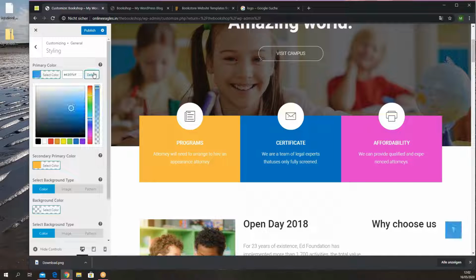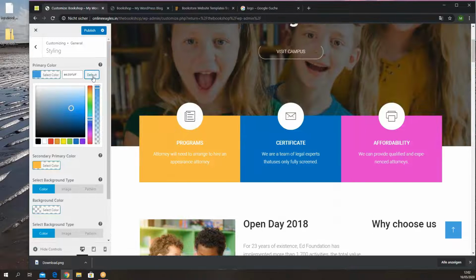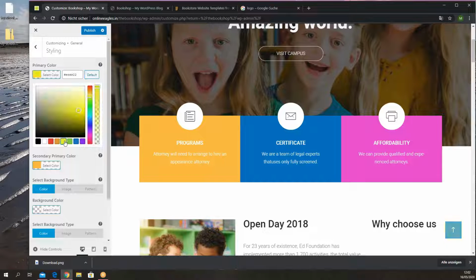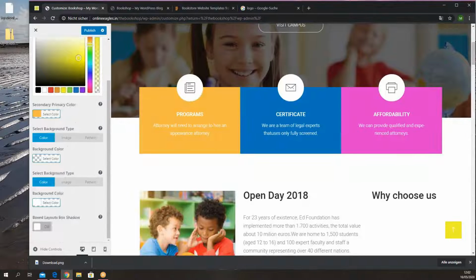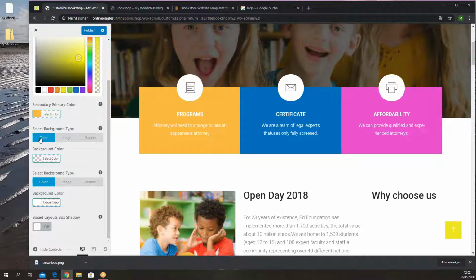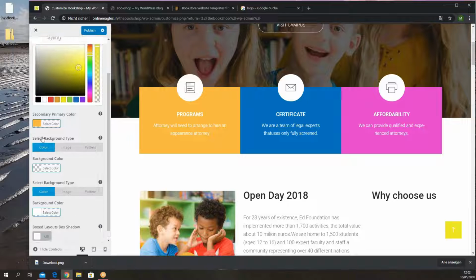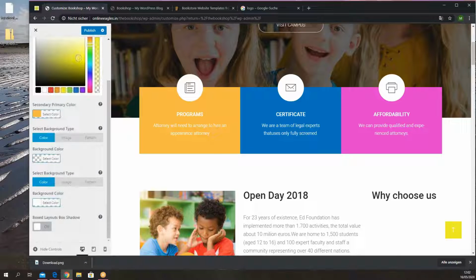Now we'll click on the default. Yeah, the default becomes blue only. But I want this one. Okay, fine, so just leave it like that. And then secondary, primary color, whatever you want, you can change to that. Select background type. Sometimes these are all the default ones. Now if you publish it,